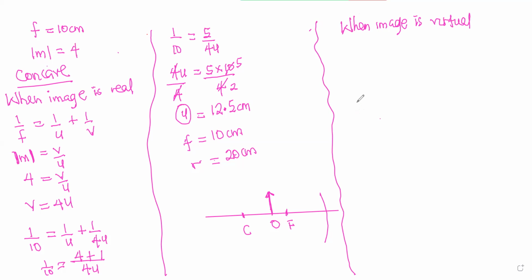we are still using RP. So under RP, since the image is virtual, then V would be equal to minus 4U. It's still a concave mirror. F, under this convention, F is positive, but the image is virtual, so V will be negative. So using 1 on F is equal to 1 on U plus 1 on V. We have 1 on 10 is equal to 1 on U minus 1 on